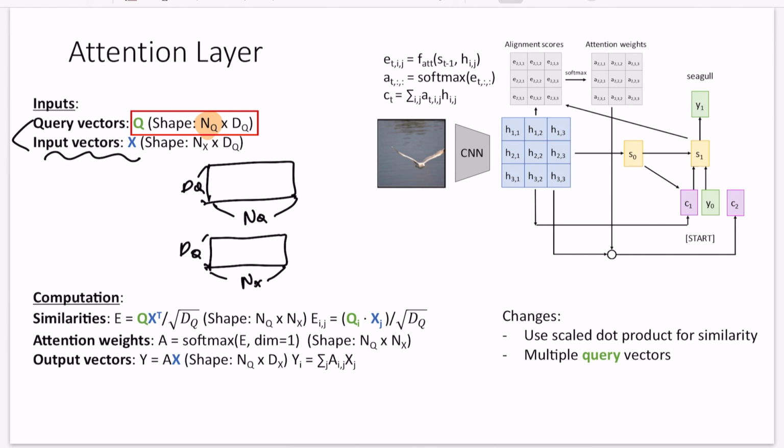But compared to the single case, from now on we have to consider the similarity between each element. Let's say qi and xj, and generate the ei comma j. Of course, this dot product is normalized by the square root of dq, the dimensionality dq. Because this is a matrix, the final matrix E can be effectively computed by matrix Q times X transpose over square root of